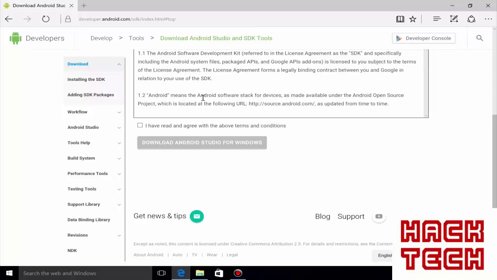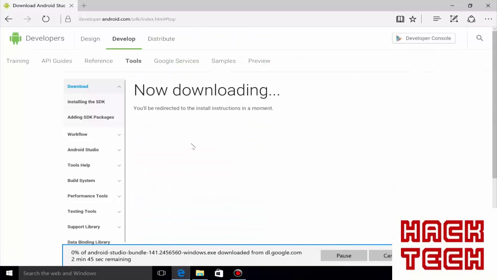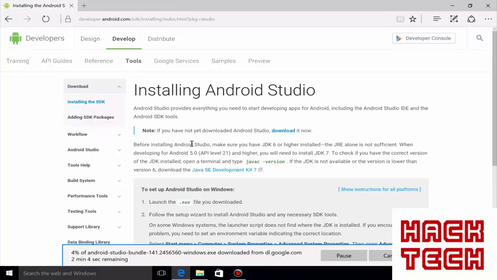There's all these terms that you're supposed to agree with. Yeah, I think this sounds good, so let's just go ahead and click download. And again, we've started another file download here. So I'm going to pause one more time, let mine download, let yours download, and once it's done, let's go